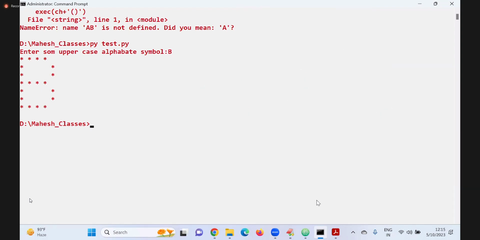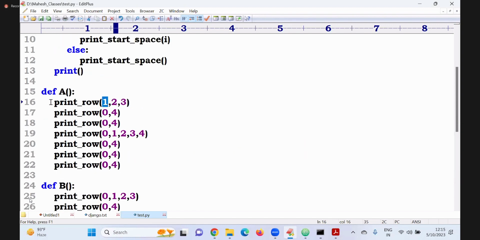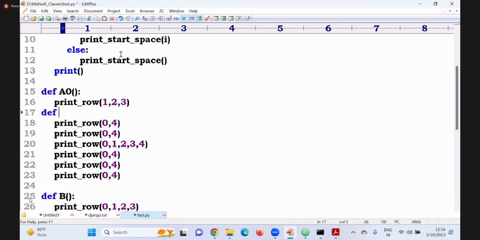For that purpose, observe the small change I was making. This is print row, right? I can make it as A of 0. That means, how many stars do I require in the 0th row? Now I am telling each line to display horizontally. Now def A of 1.